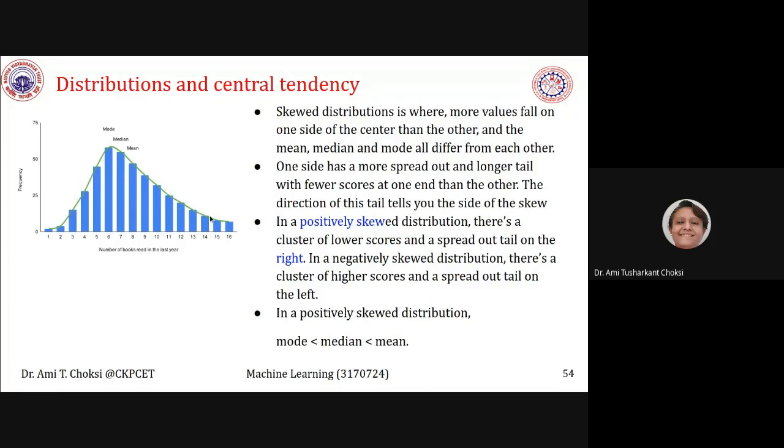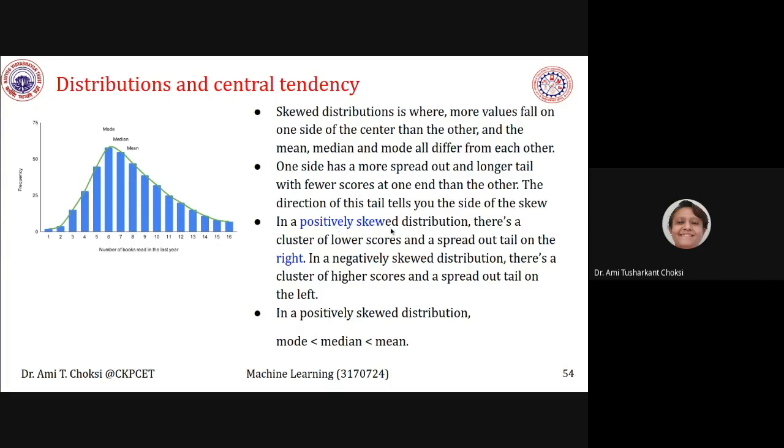At the right hand side we have a tail, so there we have these smaller values, or we can say we have fewer scores at one end. The direction of this tail tells you the side of the skew.